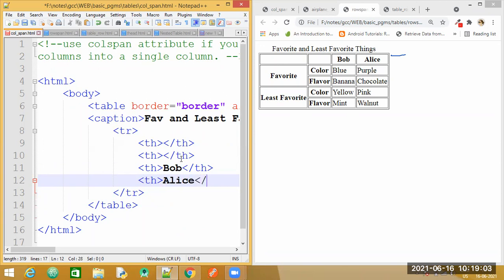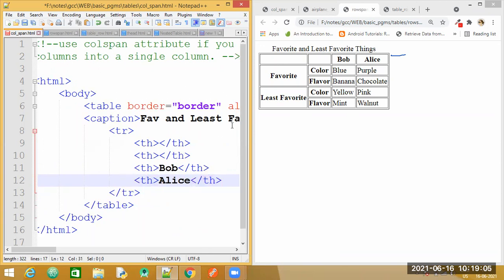So if you understand this now, as you said, we need to specify the row span. Row span is to be specified when we move on to the second row or the third row, rather. First row is perfect. It is equally distributed and having 4 columns here. Now let me save this and check the output. Then we can decide whether we need to specify the row span or the column span.